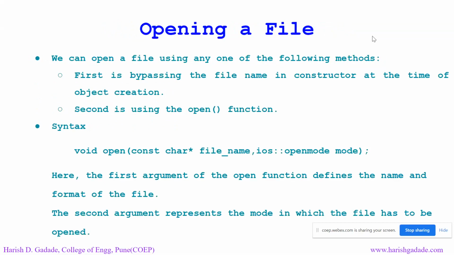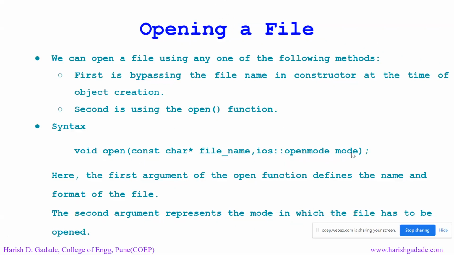Suppose I want to perform that open operation. We can open a file using any one of the following methods. So this is the method. First, we can use the constructor, and second, we can use the open function. The syntax for this is: void open, this is a file name, and here I was using the scope resolution operator, and then the mode we can